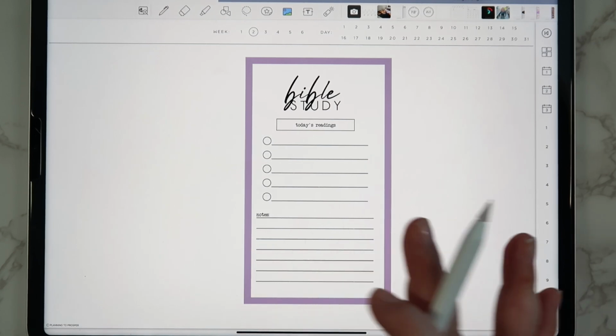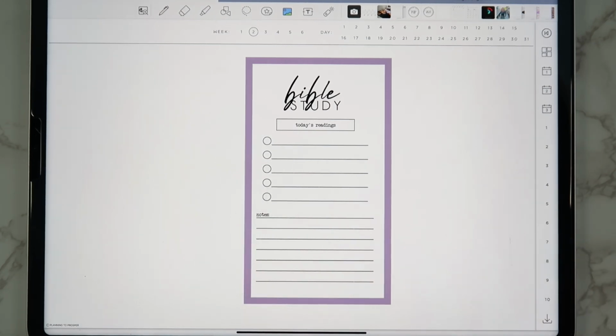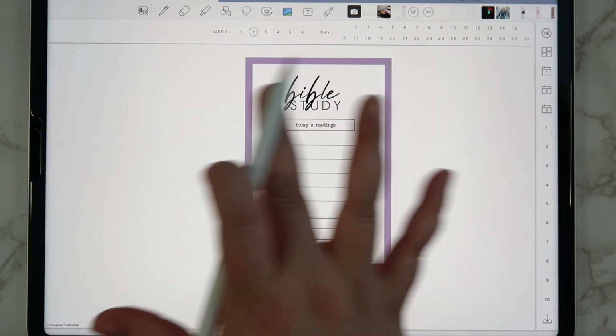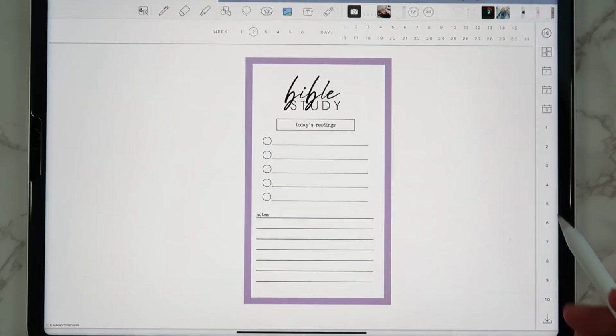And you can make them as big as you want them to be. If you want this whole page to just be about Bible study, use some of your blank pages and just throw widgets in there. You can use them just like any insert, because that's essentially what they are. Widgets and inserts are one and the same. Inserts tend to be obviously a lot larger. They're meant to fill up a whole page, but I've seen so many people take several widgets and just place them all over their page and create their own custom spread that way,